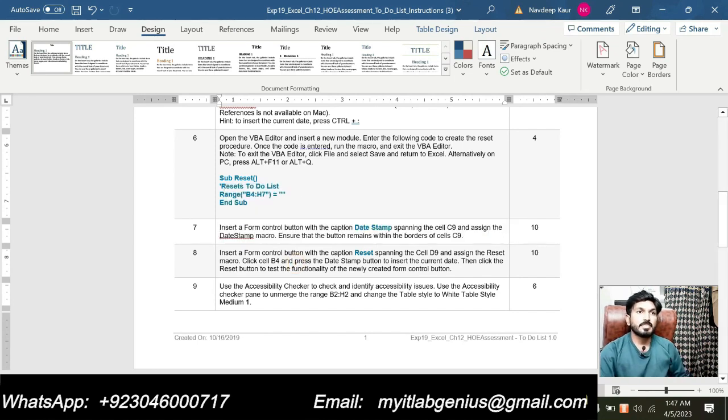So in step number 8 it is saying that insert a form control button with the caption reset. So just like step number 7 where we inserted a form control button with the caption date stamp, now we are again supposed to insert a form control button and the caption should be reset and it should span D9, and we will assign the reset macro. Click cell B4 and press the date stamp button to insert the current date. Then click the reset button to test the function of the newly created form control button. So let's insert a new form control button